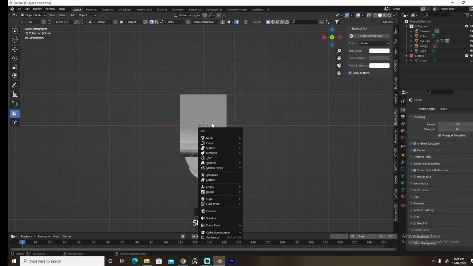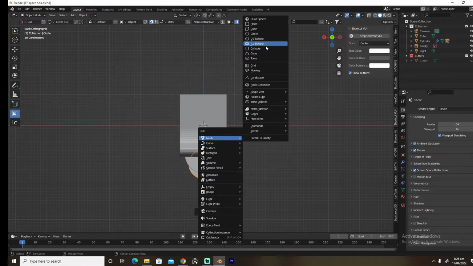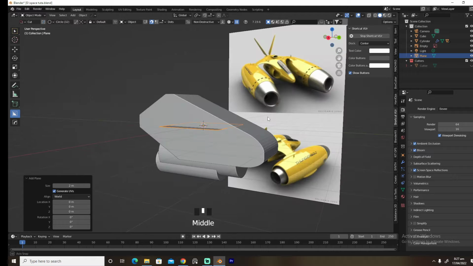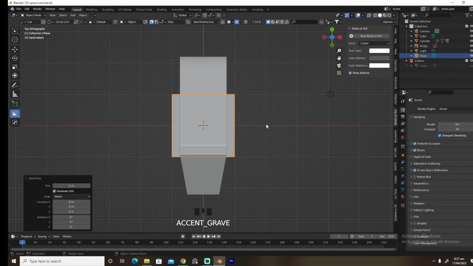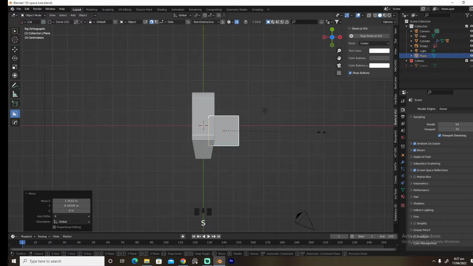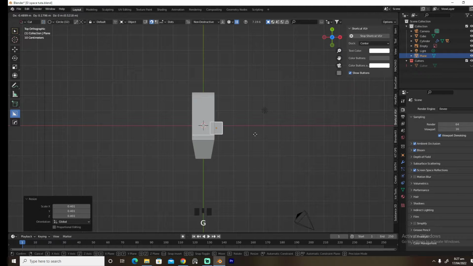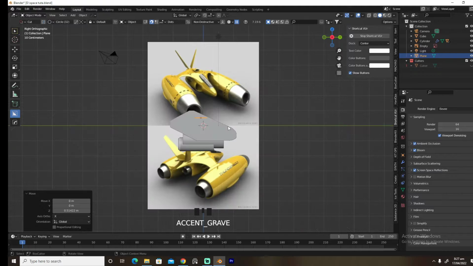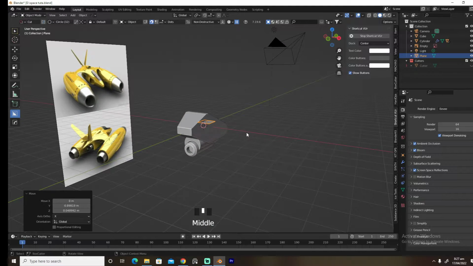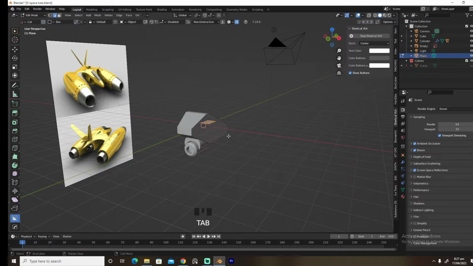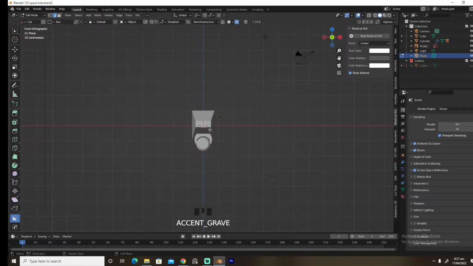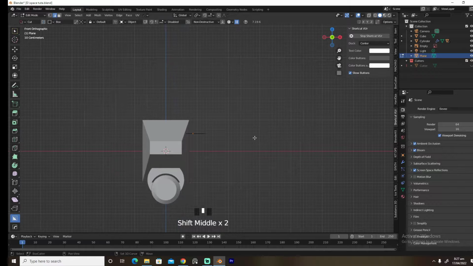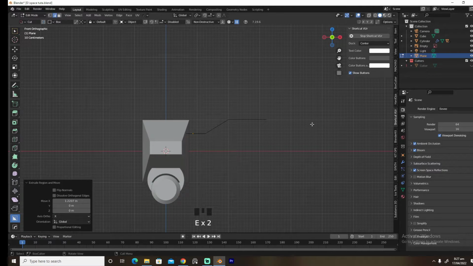Let's create a plane and let's bring it here. Let's scale it down, bring it somewhere right about here. And what we are going to do is go into edge select mode. We're going to select this edge and extrude this up and bring it somewhere right about here,